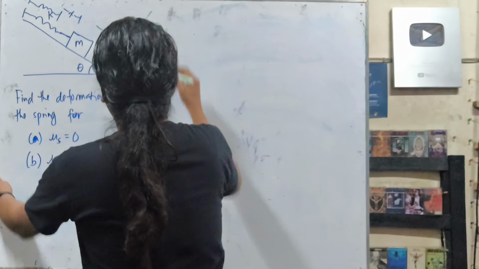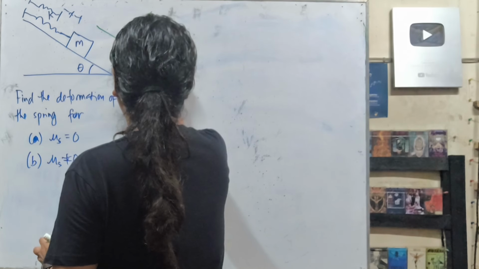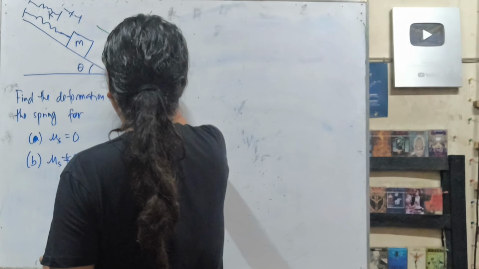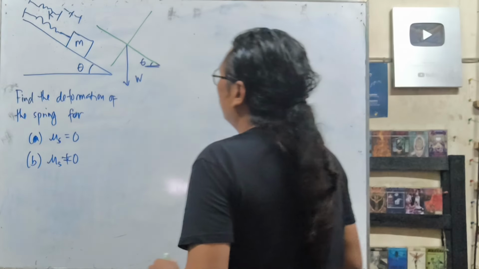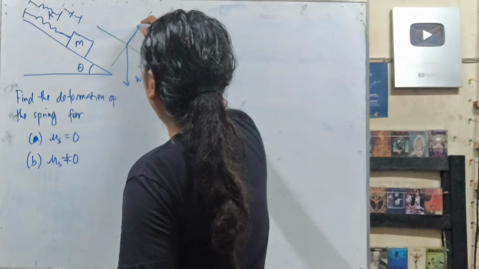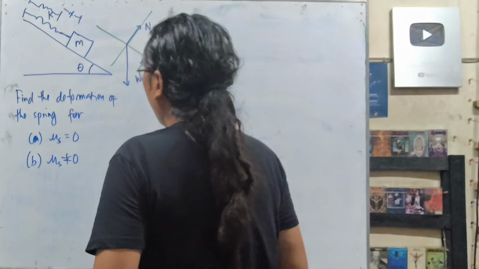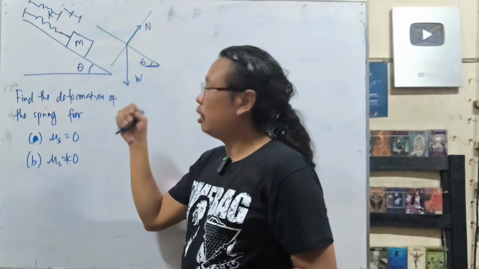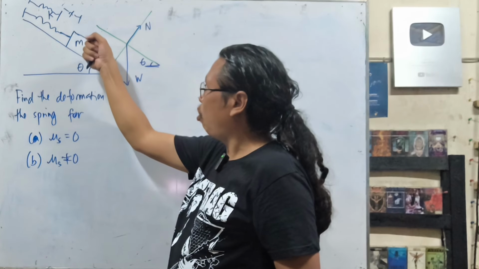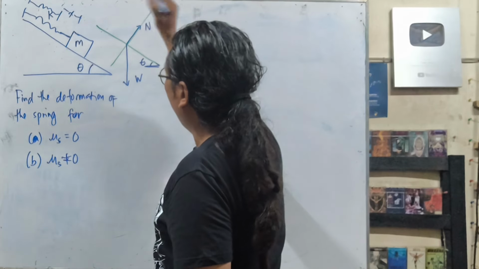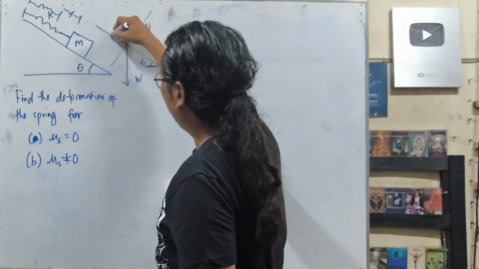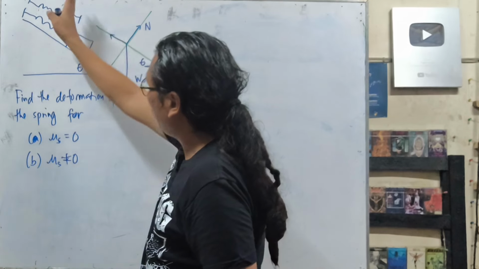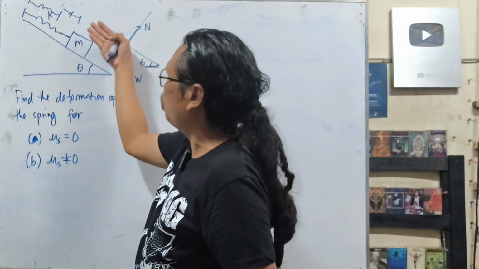You have this angle theta, and here you have the weight, and of course you have the normal force. Now the tendency of the object is to move in this direction, so that means that the friction is going on the opposite side. So we have friction on this side right here, and since we are to the right of the equilibrium position, the force is going there.